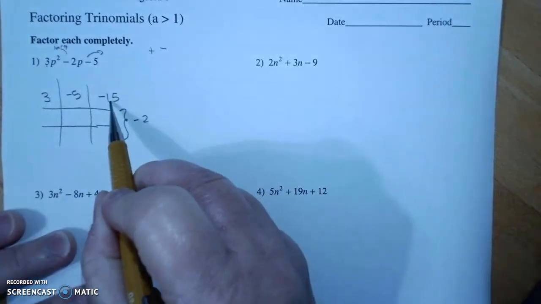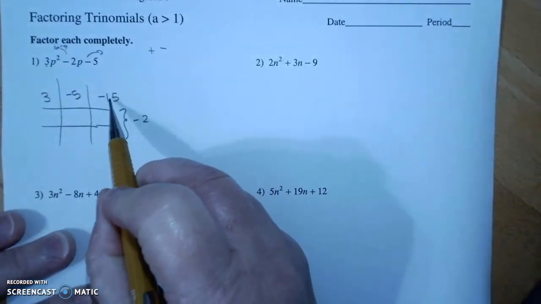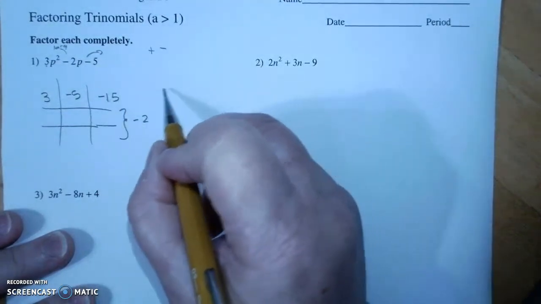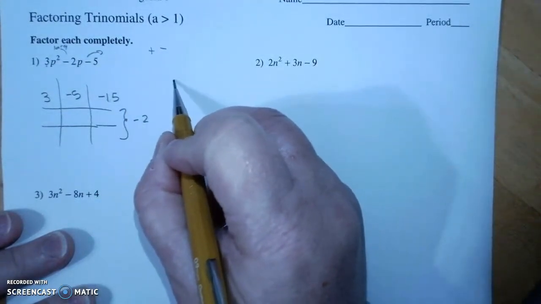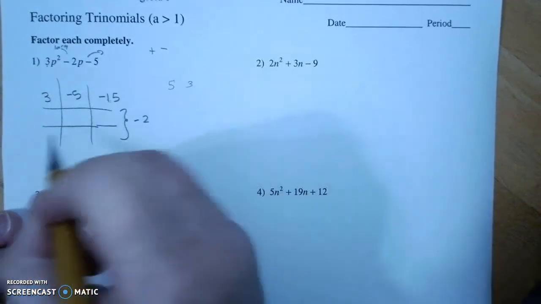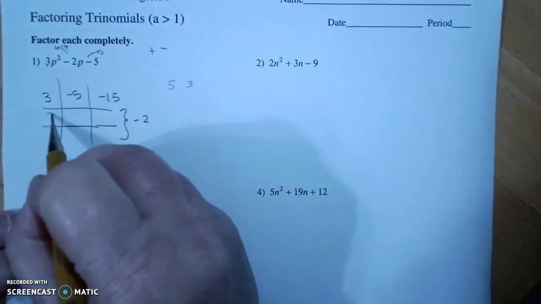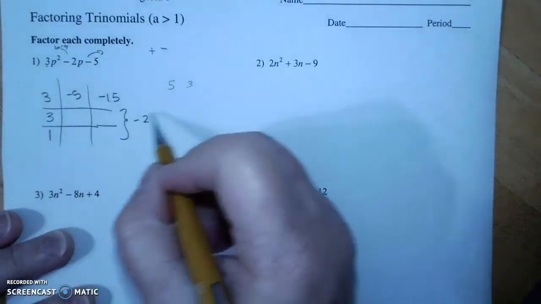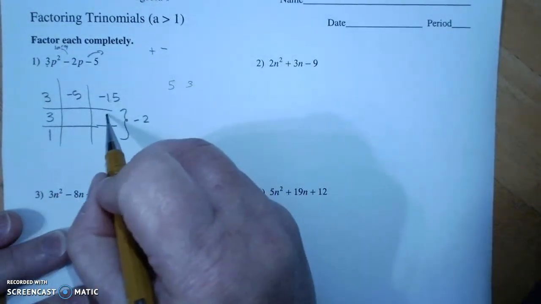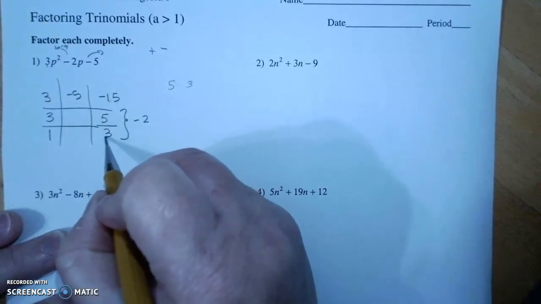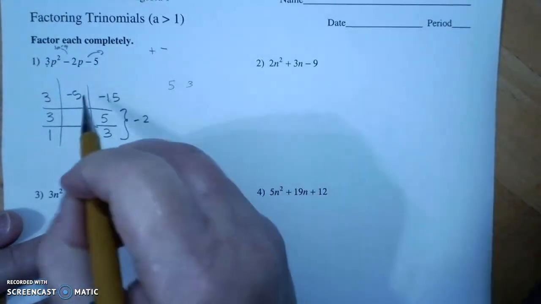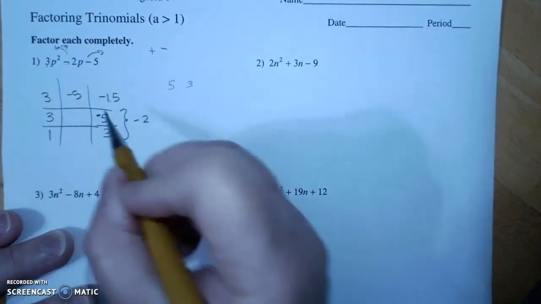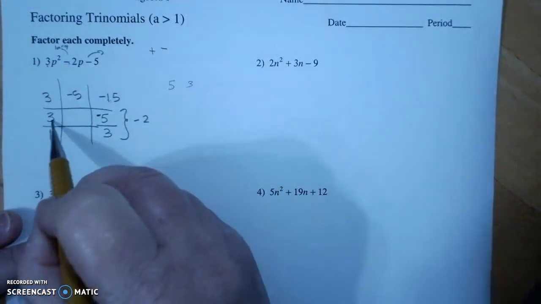I ignore the negative for right now, and I say factors of 15 that when I subtract are 2. And I know that that's 5 and 3. The 3 can go here, which makes this a 1. That's a 5 and that's a 3. The larger one has to have a negative. So 3 times,